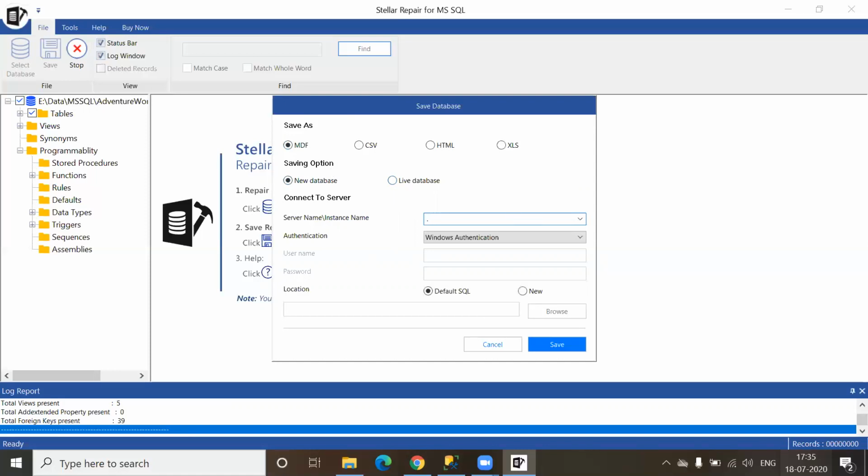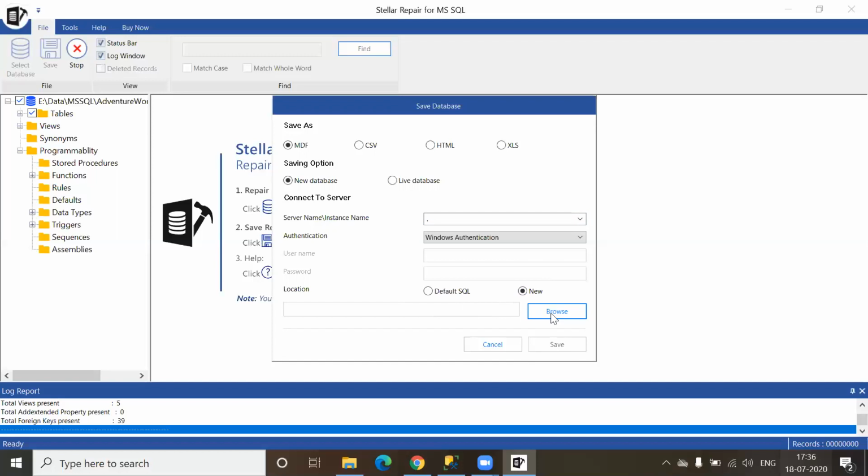So it will create a new database for me as it is a local instance. Either I can give localhost or the instance name, the laptop name, whatever it is. Now where exactly do you want to save the files? You have the option to use the default SQL location, or you can give a new location.